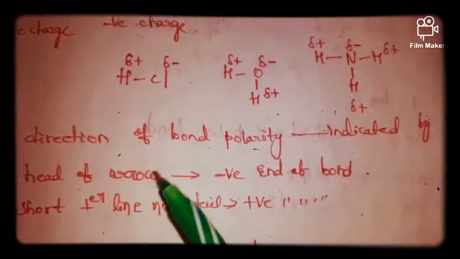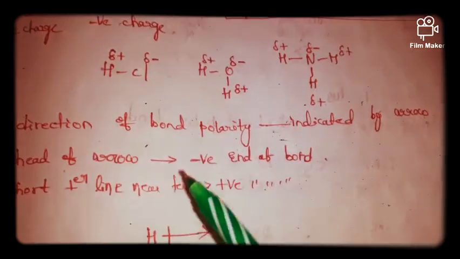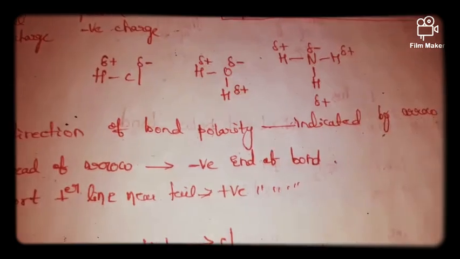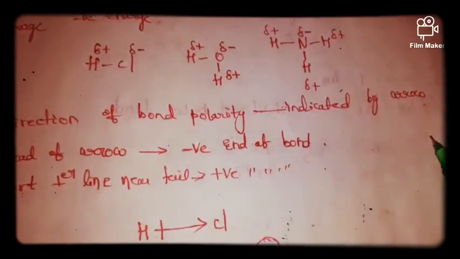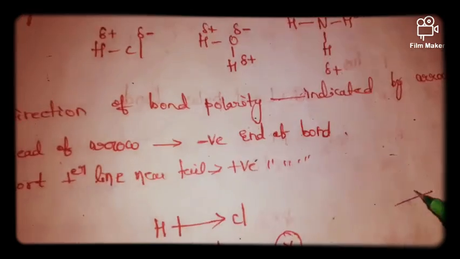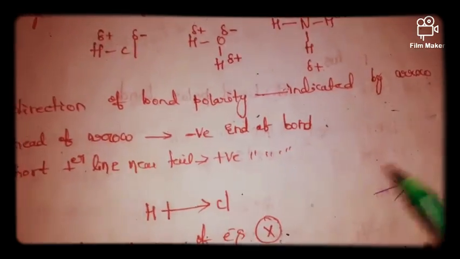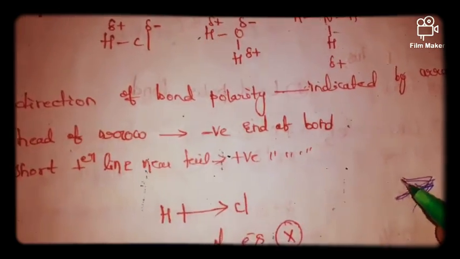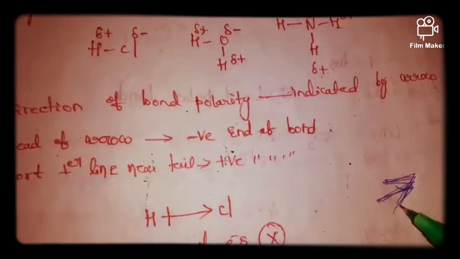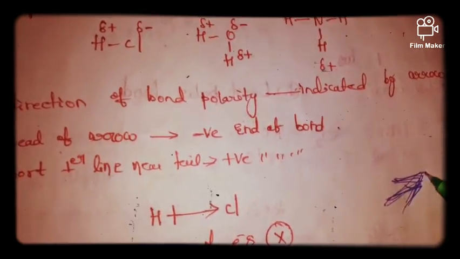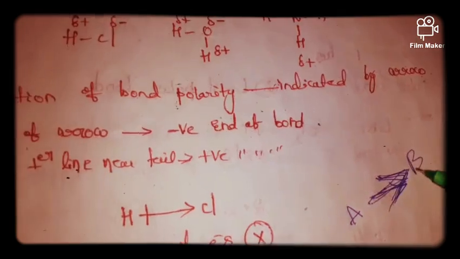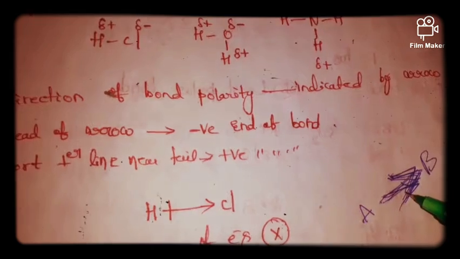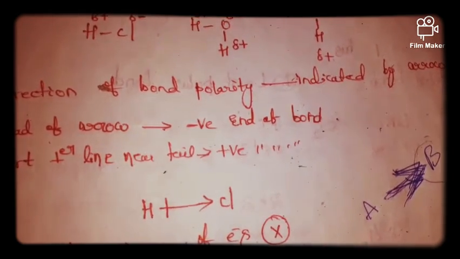Next, see, direction of bond polarity is indicated by an arrow. Like this arrow. In the arrow we have to observe the head. This is the head region. The head of the arrow indicates the negative end of the bond. If the arrow is drawn like this, assume that this is A and this is B, and this is the head side. The head of the arrow is this, that means this is the negative end of the bond, meaning it will have more